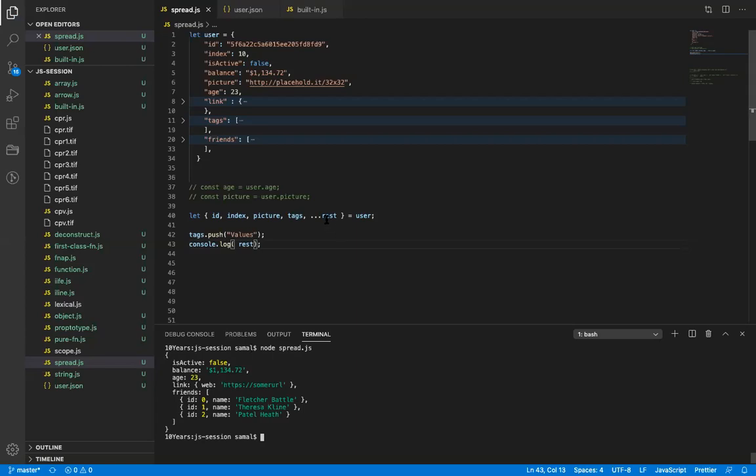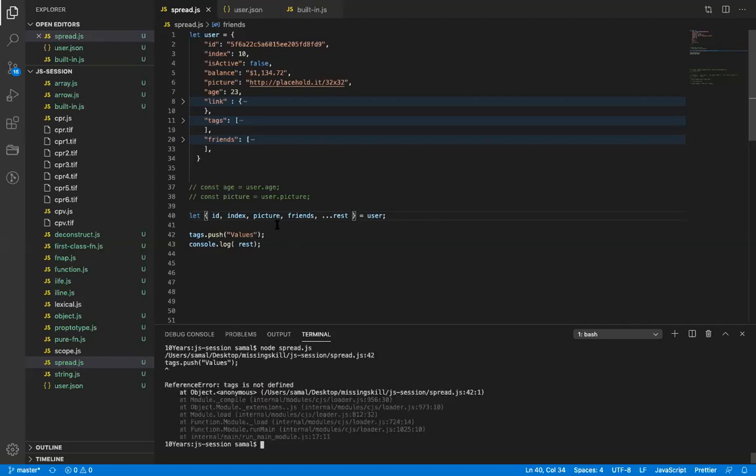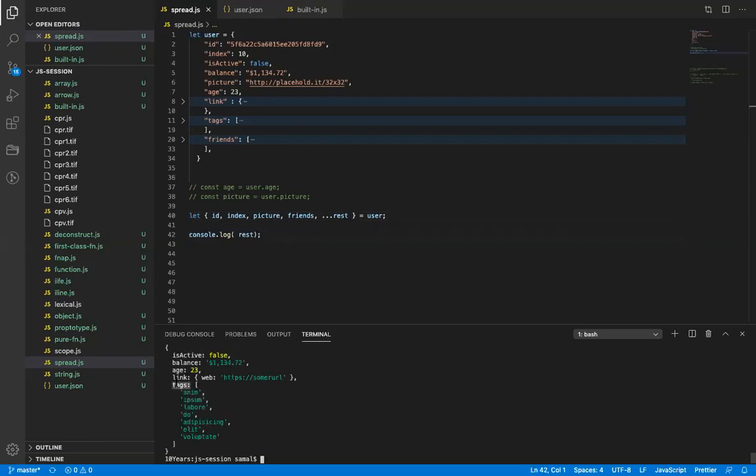Okay, but if you don't use this keyword, then it is just ignored. And let's say if I remove friends instead of tags, now you will see tags in the rest keys, not this. You will see tags, rest is removed, friends is removed, right? So this is also a very nifty feature where we want to split the object, spread the object into multiple keys. Instead of copying one by one, we spread the object into multiple keys.